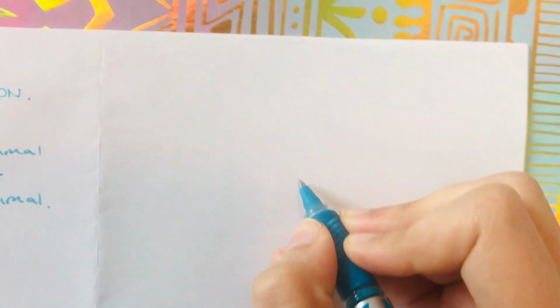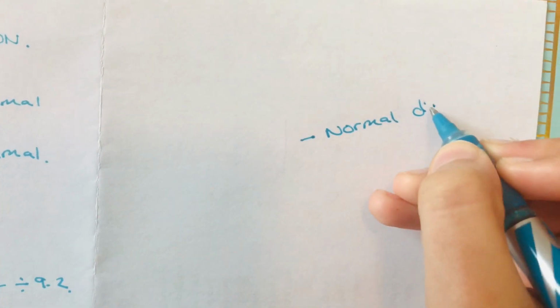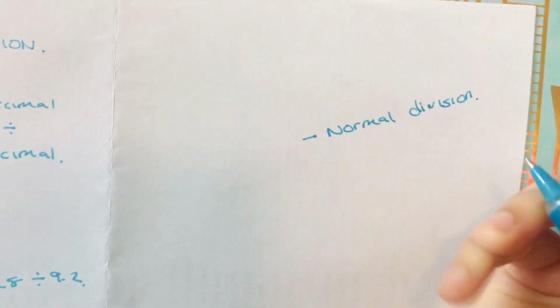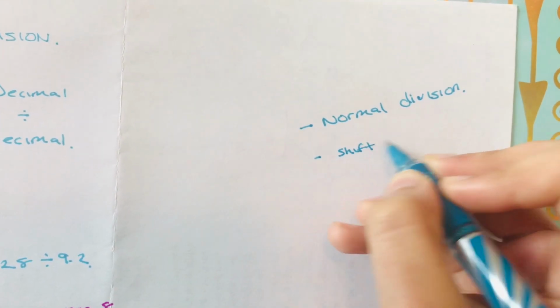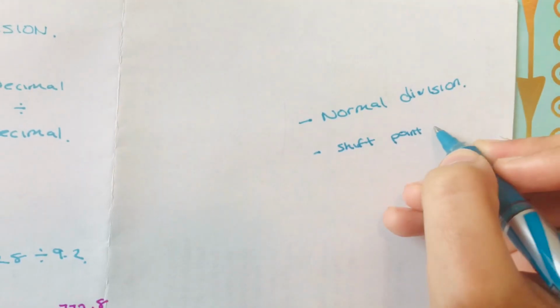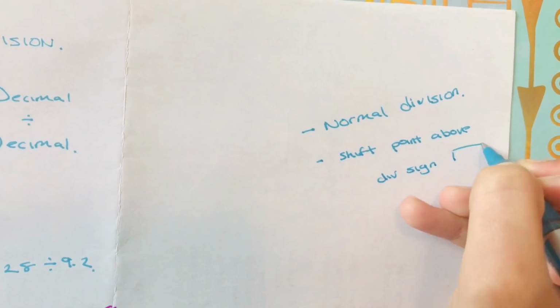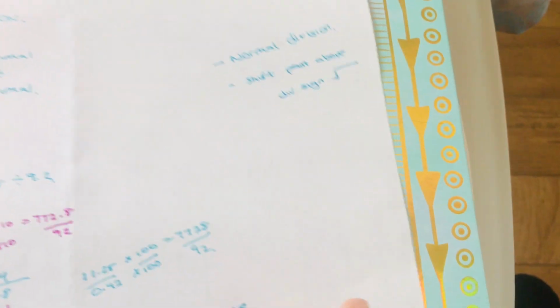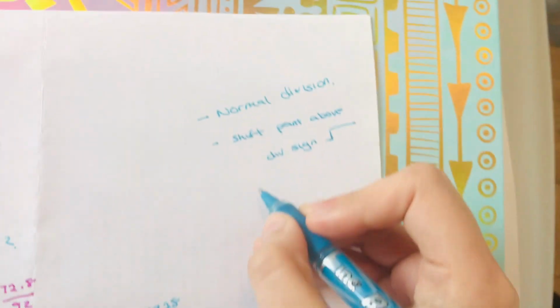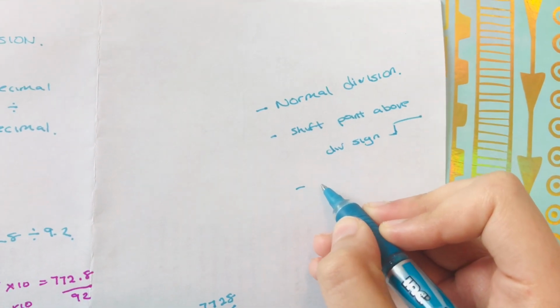Okay, just a recap. First thing you need to do is normal division. Shift point above division sign. Which is this, right? Some might write it like this, your choice, but it basically means the same. Okay, continue the normal division, and then if it's decimal over decimal, if the denominator